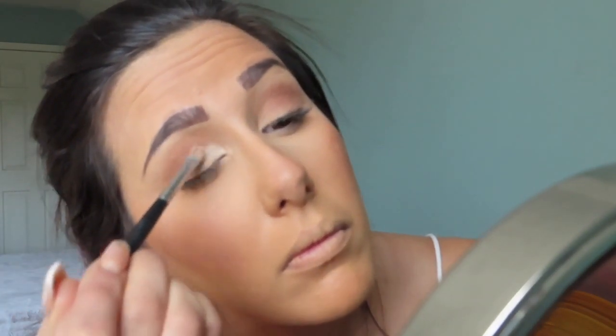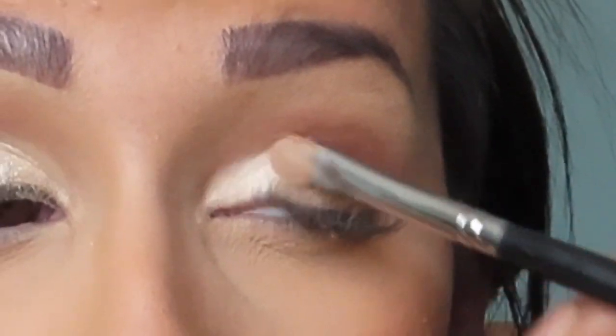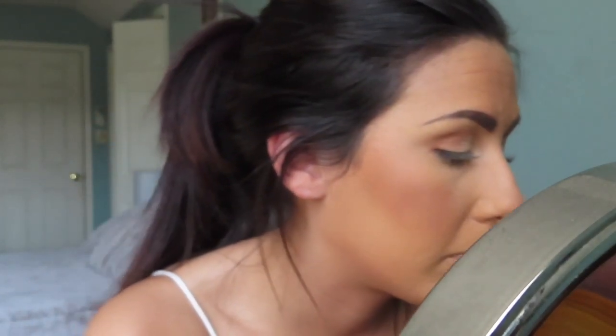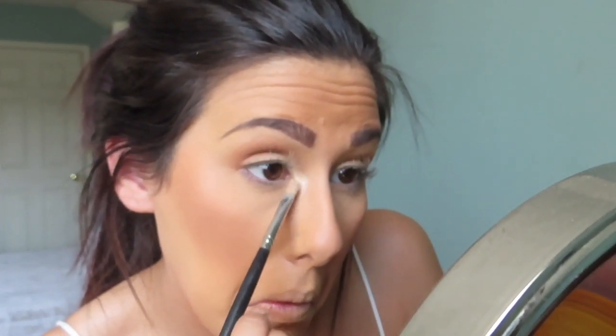And I like going in with shades like this because it just opens up your eye. I'm stopping about right here. I don't want to go any more that way. I'm actually going to just pop some in my inner corner to make me look, see, that just looks so much brighter. Alright, so for my outer corner, I'm going to go in with the M433 brush, and